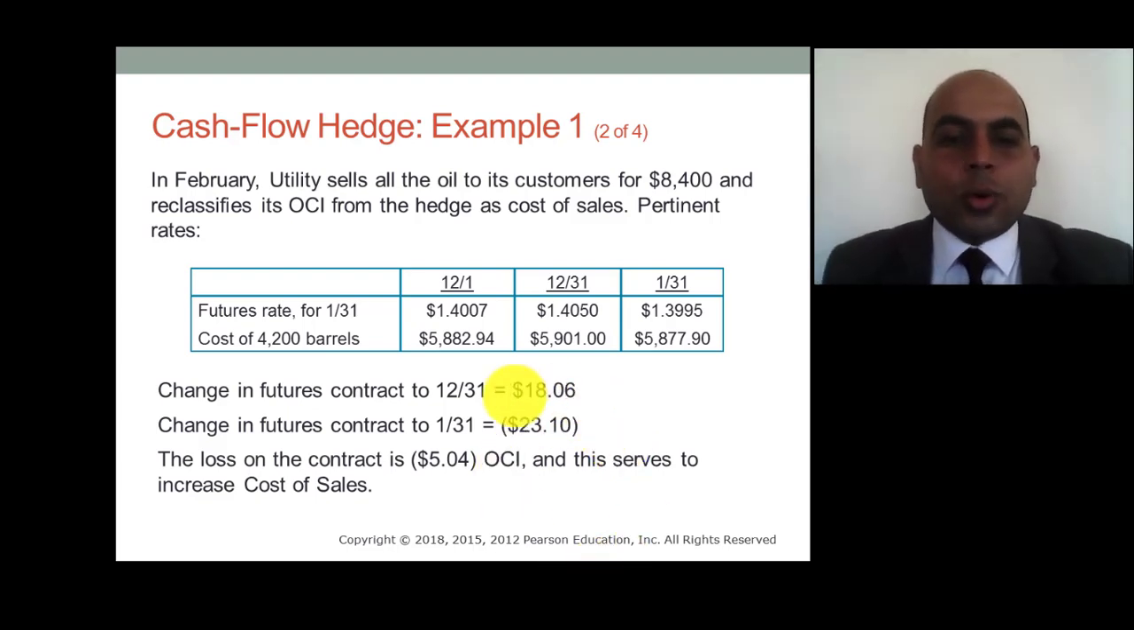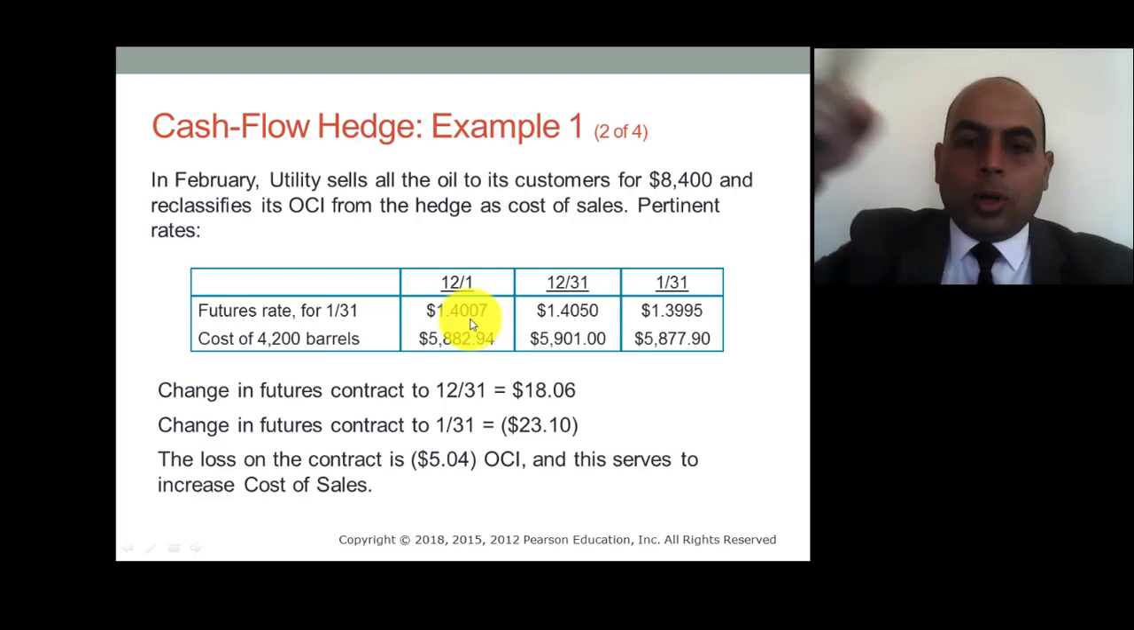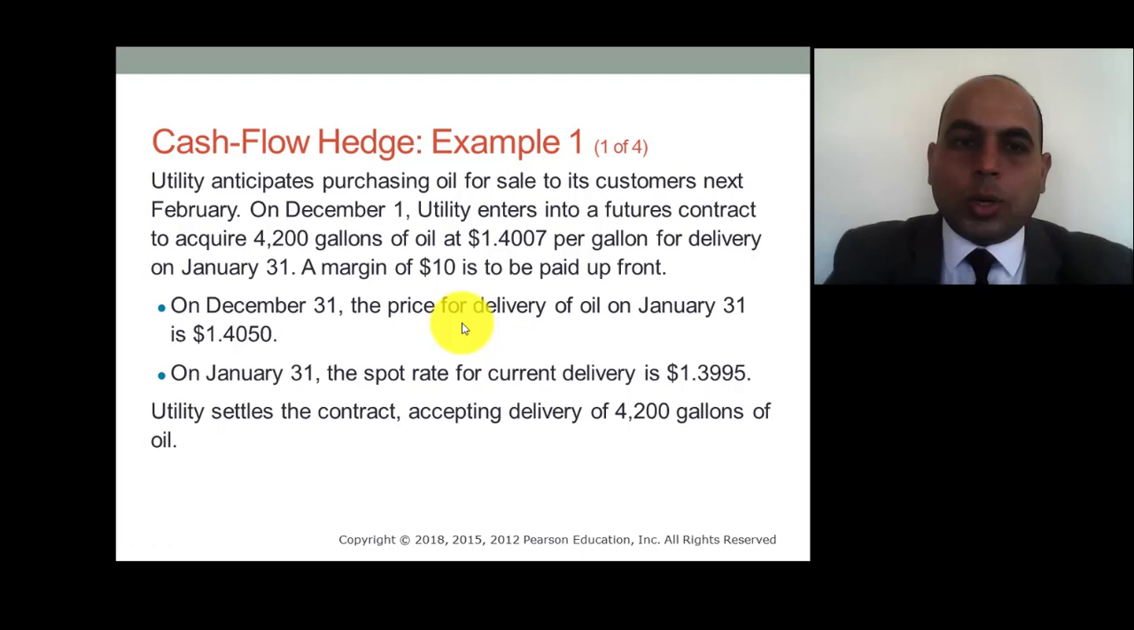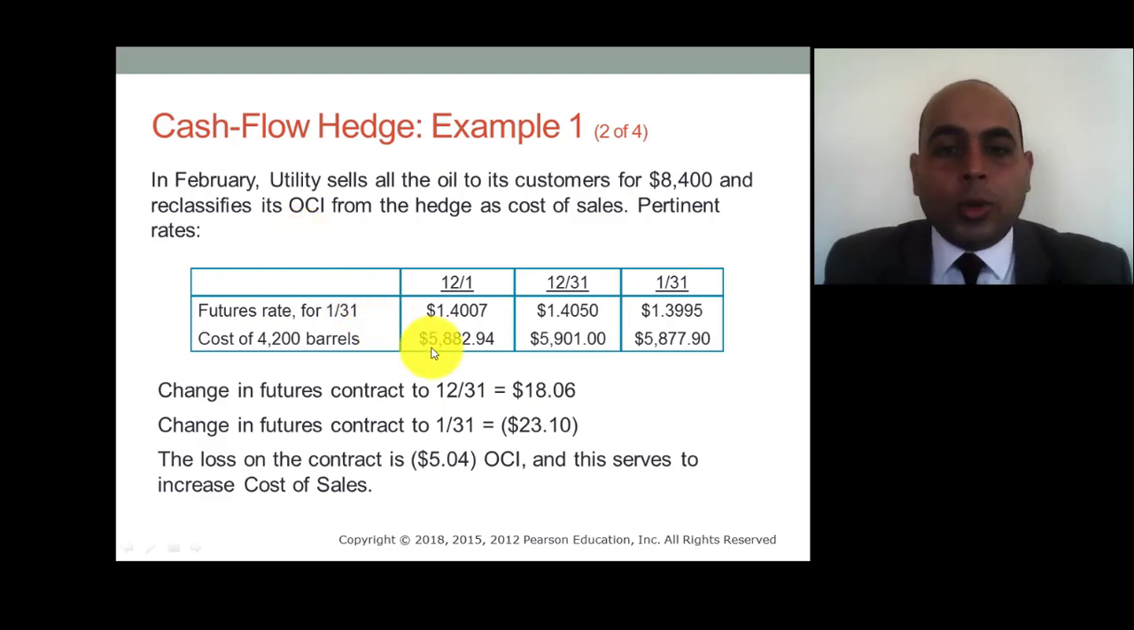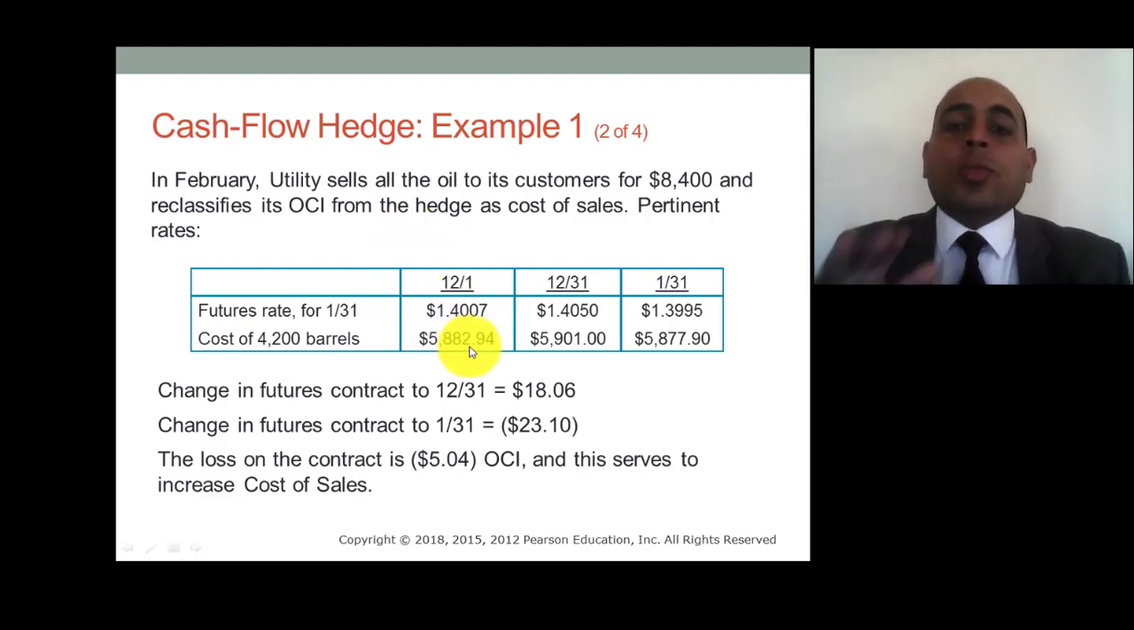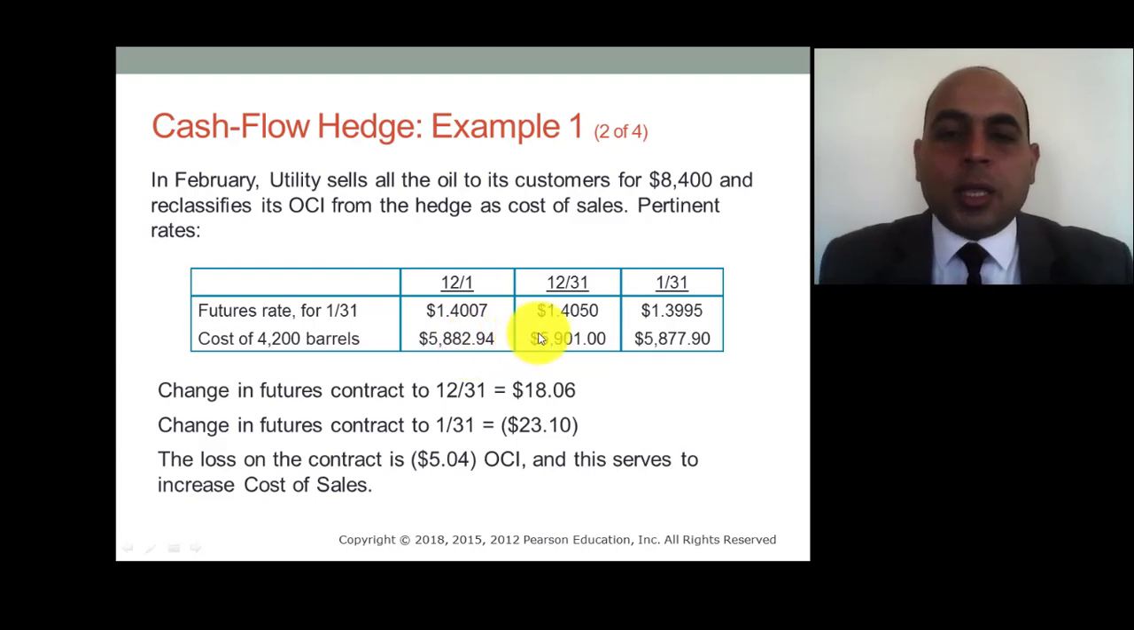We entered into a forward contract to acquire 4,200 gallons by 1.4007. The cost of oil gallons in total equals 1.4007 multiplied by 4,200, the acquired quantities. So in total, we intended to pay 5,882.94. At the end of the period, on the date of preparing the financial statement, the prices increased to